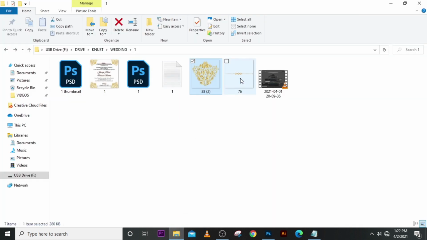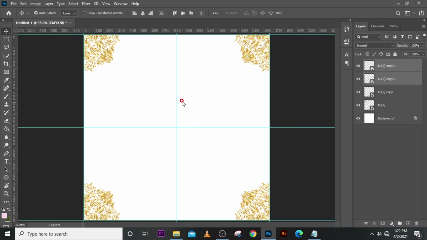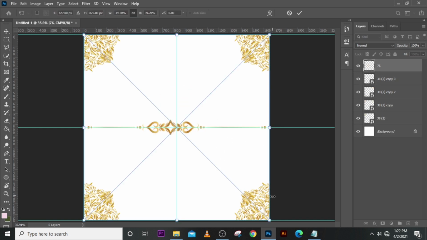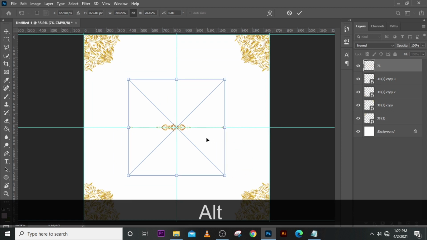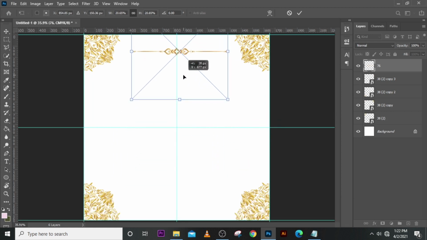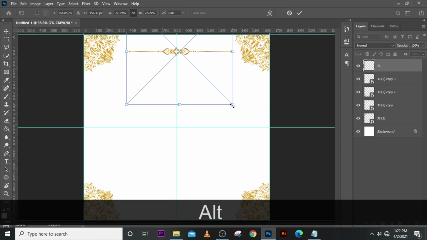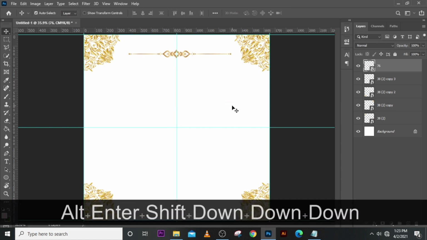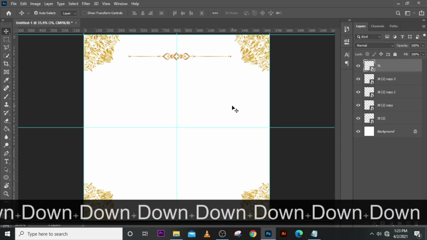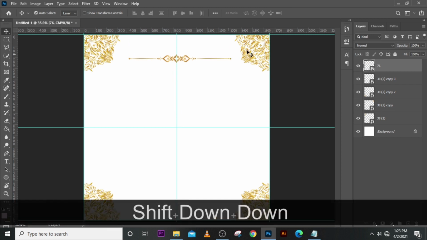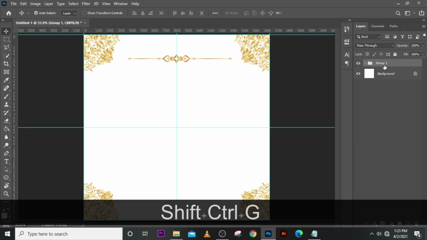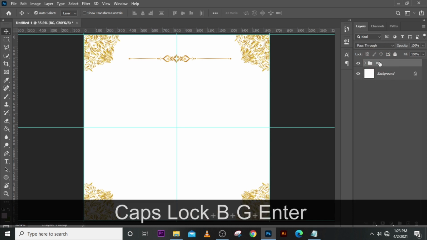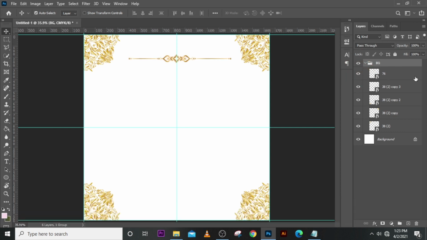Let's pick this bar or whatever it is. Hold Alt and then drag it like that. Now you can push it up somewhere here. Great. Let's bring it down a little bit. This looks great. Okay, so let's put everything in a folder and let's name it BG. Alright, let's go back into the folder. Let's work on this. So double click here